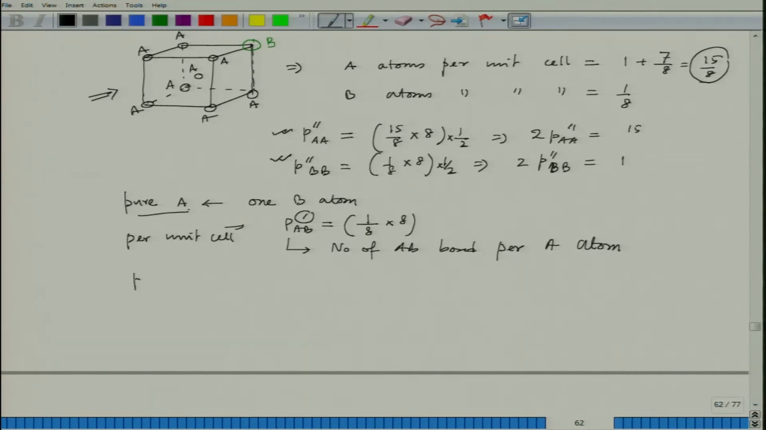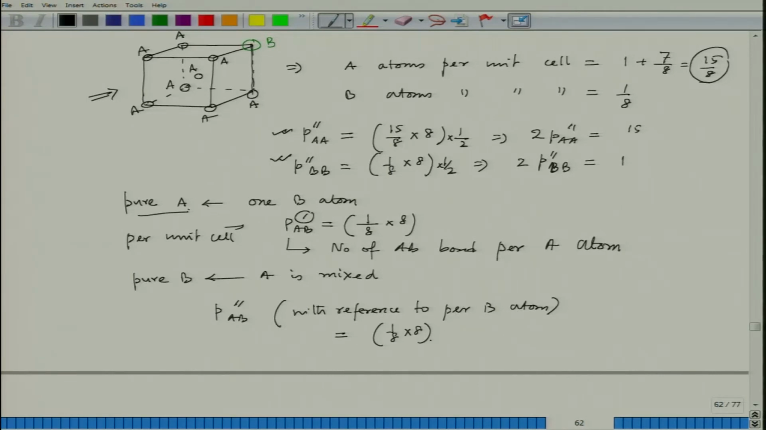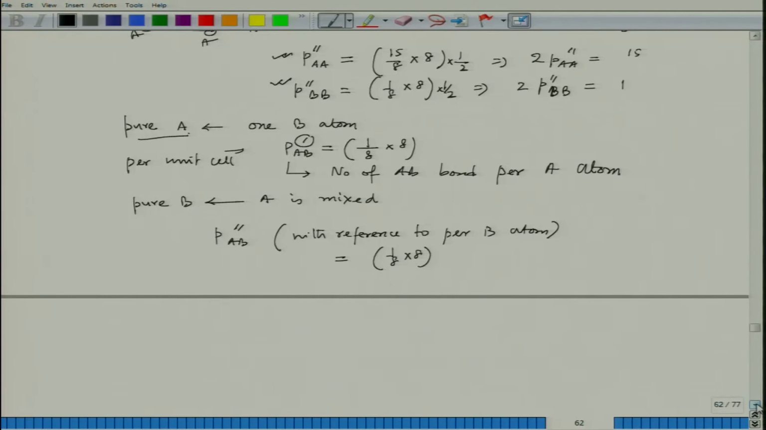Similarly, if I consider pure B and then I consider that A is getting mixed, so that case also, P AB double prime with reference to per B atom would be equal to this. So, now if I consider with reference to